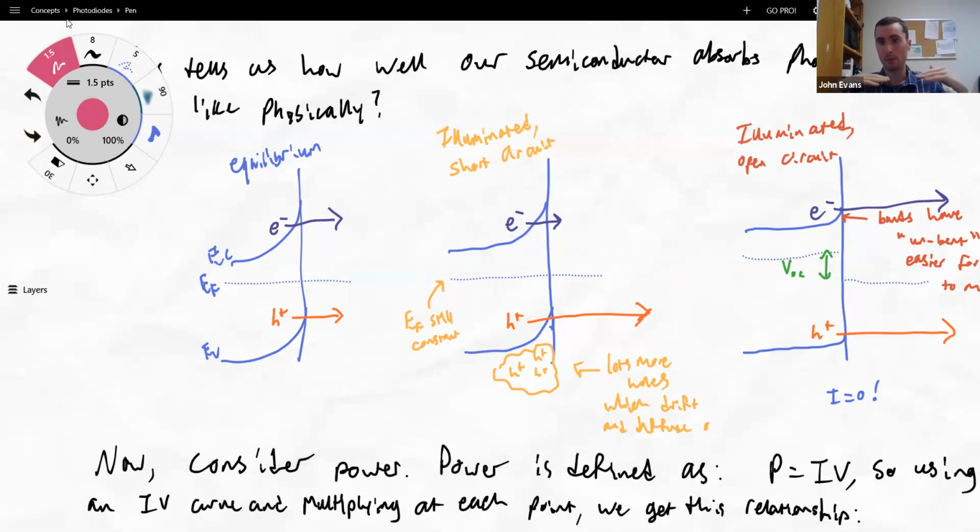Because we are providing a method under which these things can equilibrate, right? Okay. So that's what we're doing here. The next thing that we're going to do